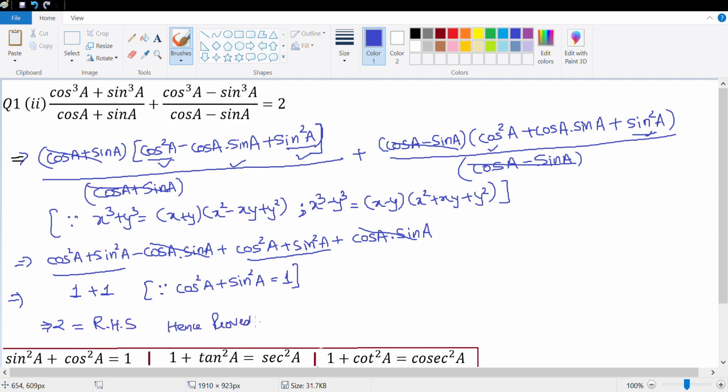So nothing much in this question except that you needed to realize cos cube plus sine cube, which is x cube plus y cube, and you needed to remember this formula. Now how did I get into this? I realized it purely because of the fact that all the relations in the trigonometrical identities are in the square form. Sine square, cos square, tan square, sec square, cot square, cosec square. Which means if there is a cube, I will have to do something to convert it into square. That's the reason how I realized this, and that's the reason I applied x cube